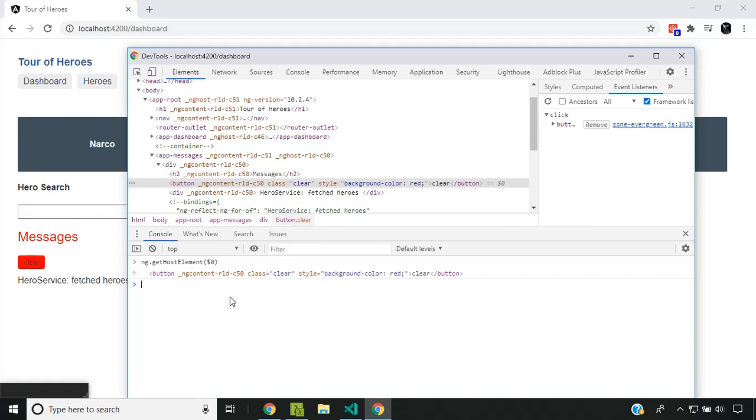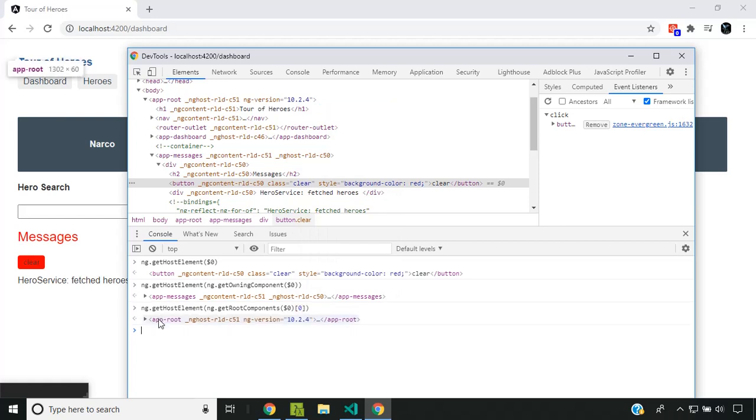So I have selected the owning component, so you get the app messages which is the owning component of this particular element. So similarly we can use the get root components. So since it is an array, I am just getting the first one, so it will return the app root.